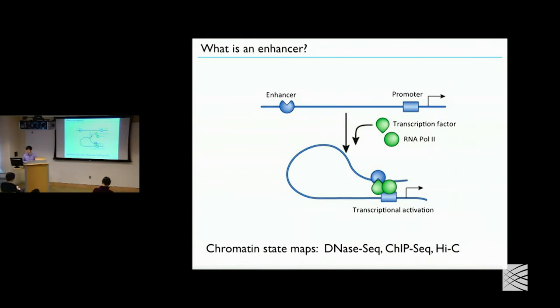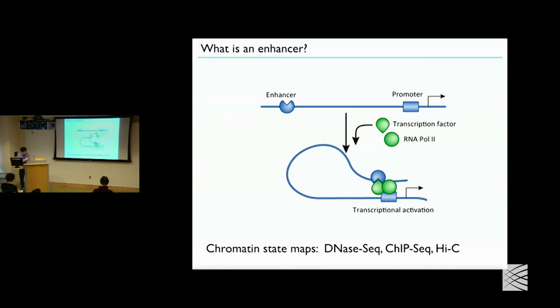This is basically a verified hypothesis that it is through genuine 3D proximal interaction. The looping part of it is just emerging now. There's pretty good evidence for that in the last couple of years, but I think this is generally well accepted. There are proposals that there are types of elements that act through other mechanisms other than looping. I'm going to say those are in a different category of elements, and I'm not going to talk about them today.